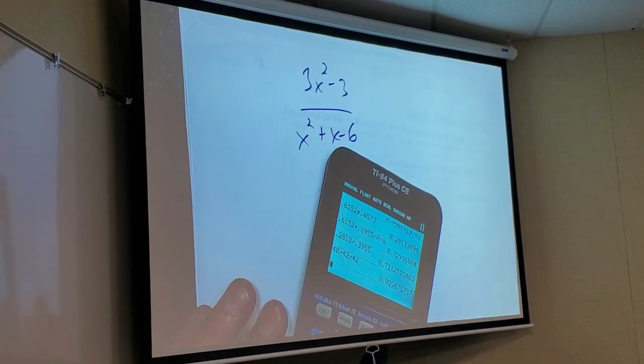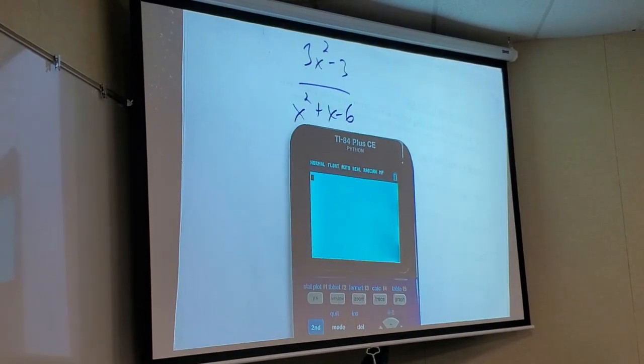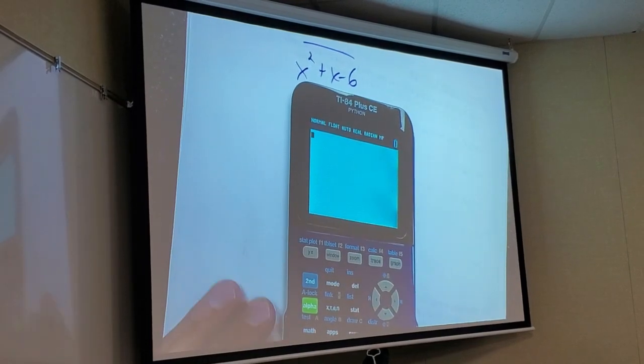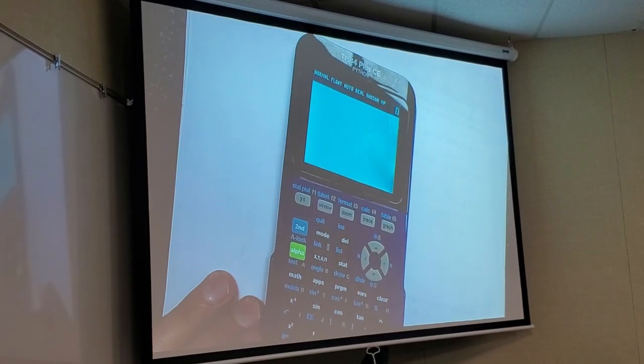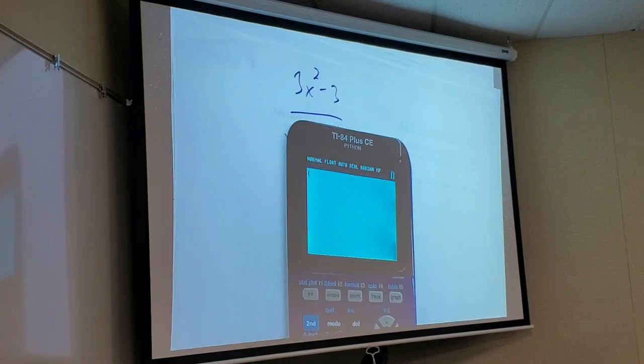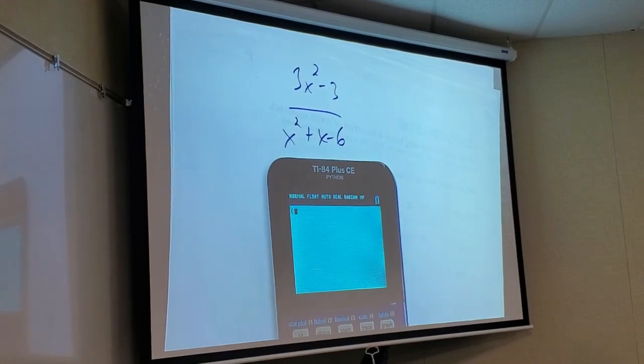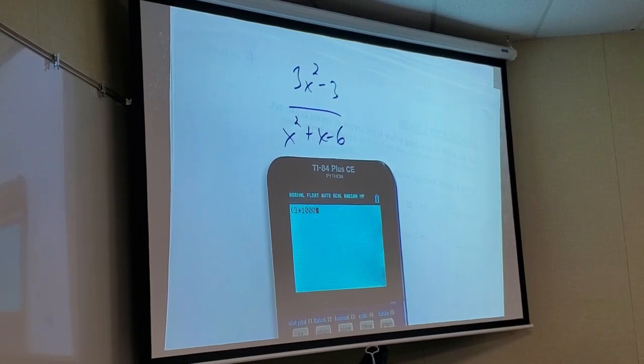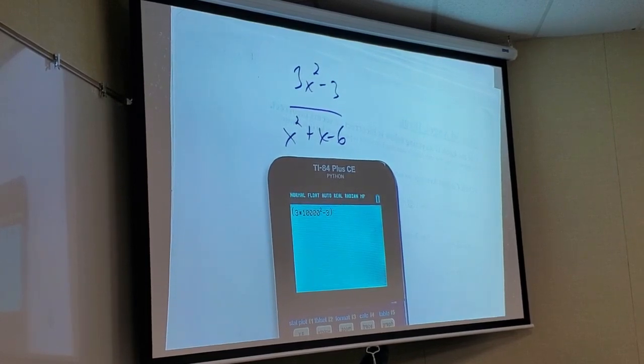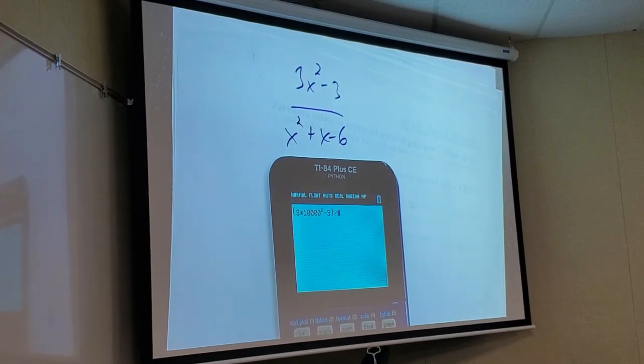Maybe. So what I'm going to do, let's try something that's not even that big. Let's try 10,000, okay? I'm going to put 10,000 into this equation, right? 3 times, and then I'm going to do it a better way, but I'm going to just do it directly like this. 3 times 10,000 squared minus 3. Now, do you see how I put the top in parentheses? You with me? Make sure that's in parentheses because I need to tell the calculator that's the top, divided by parentheses 10,000